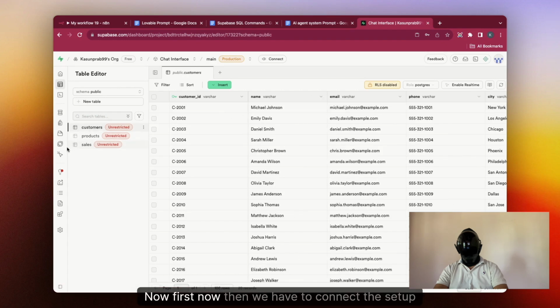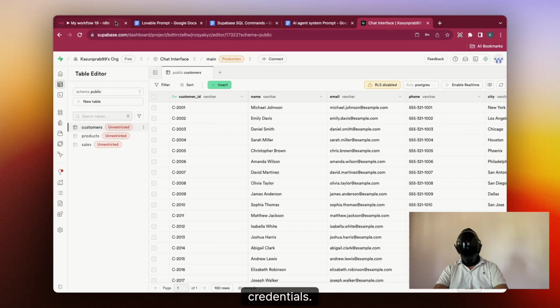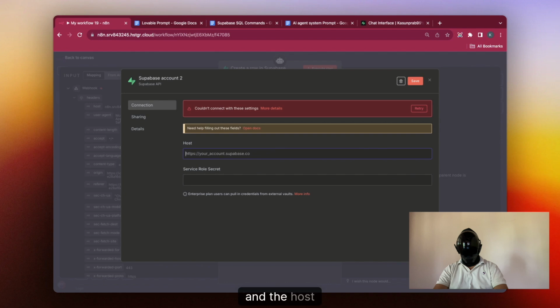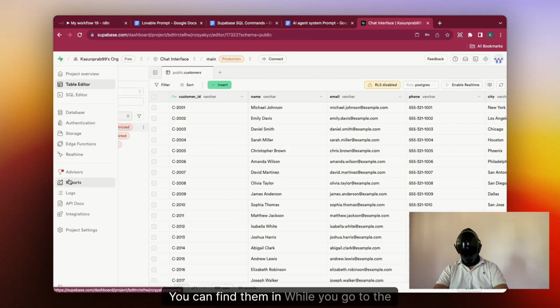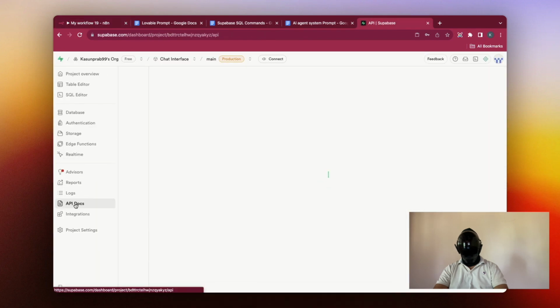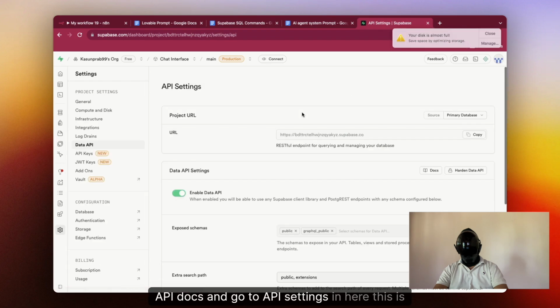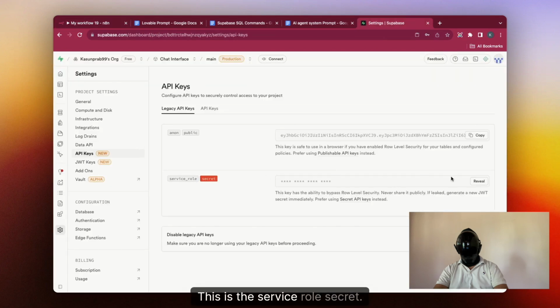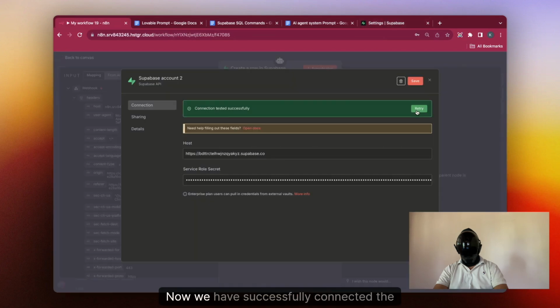Okay, now we have to set up our credentials. So there I have to get the service role secret and the host URL. You can find them by going to the API docs and going to API settings. In here this is the project URL, and to find the service role secret go to API keys. This is the service role secret. Yeah, now we have successfully